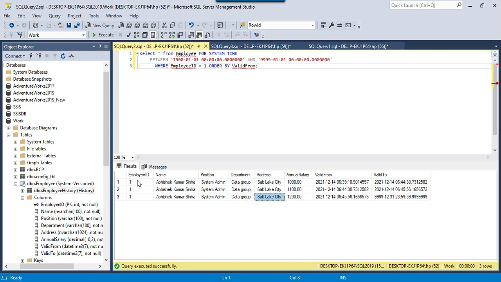Okay, so the very first time this was the record inserted into the employee table, and then the second time the record was updated with this value, and then the third time the record was updated with this particular value. So this is how you can easily figure out what the values were for a particular record during a particular duration. I think this is good to know, because if a record was updated, you can easily identify what the mobile number or the address for a person was during a particular period of time. I think this can help in some scenarios.